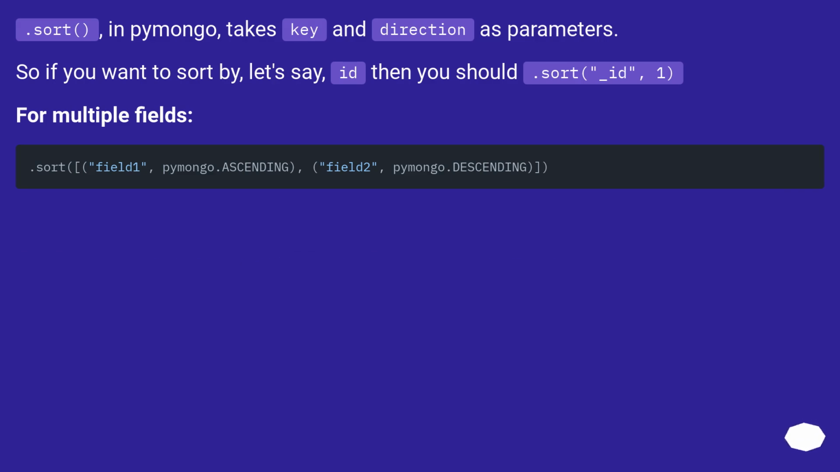.sort, in pymongo, takes key and direction as parameters. So if you want to sort by, let's say, ID, then you should .sort("_id", 1). For multiple fields: